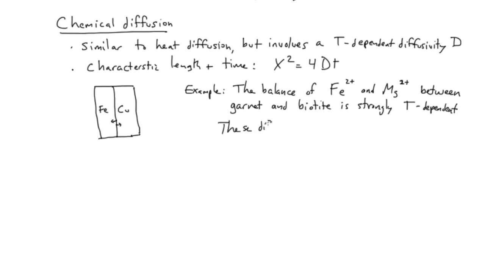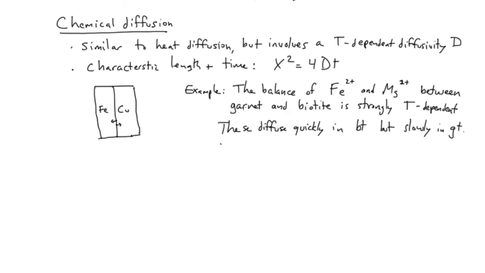These diffuse quickly in biotite, which we're just going to abbreviate BT, but slowly in garnet. So what we're saying here, basically, depending on the temperature, iron and magnesium are going to like to be at different concentrations when these minerals are